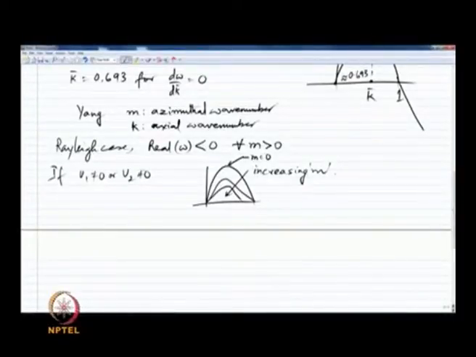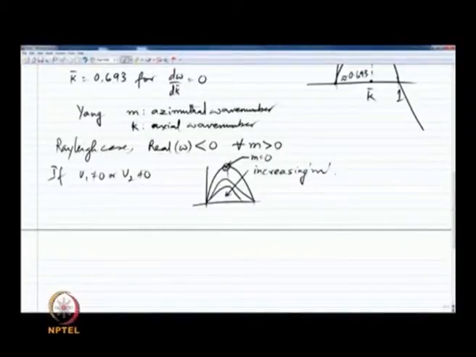if the outer curve was for the case of m equal to 0, all the other m values 1, 2, 3 etc. would all have growth rates less than the growth rates for m equal to 0. And this basically means that even if the flow field had access to disturbances that had an azimuthal nature to them, all the azimuthal disturbances would be damped out and only axial disturbances would show up, because the growth rate